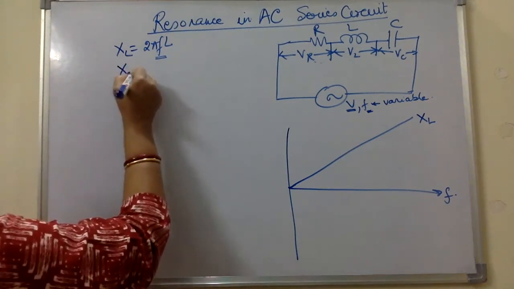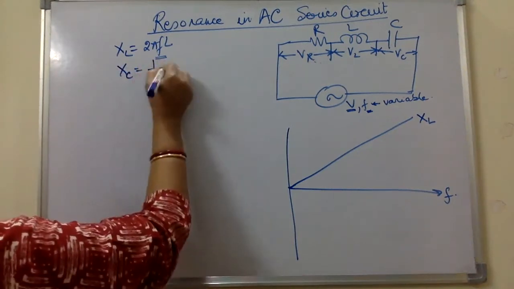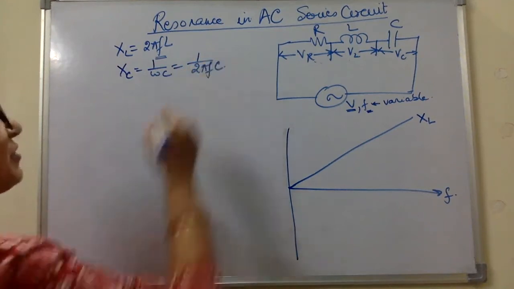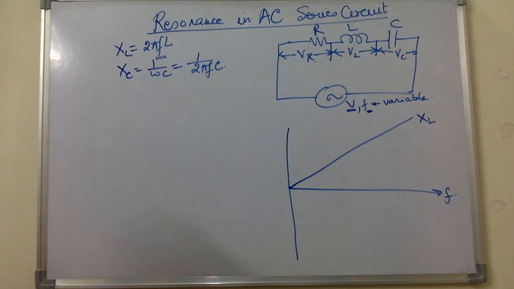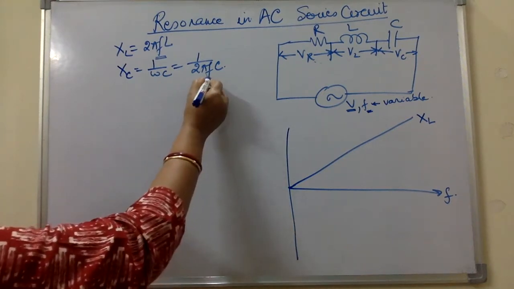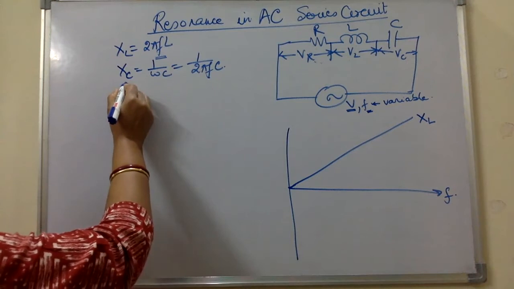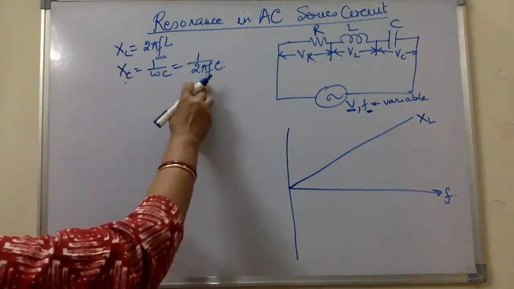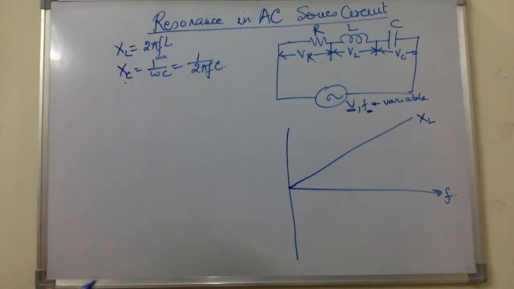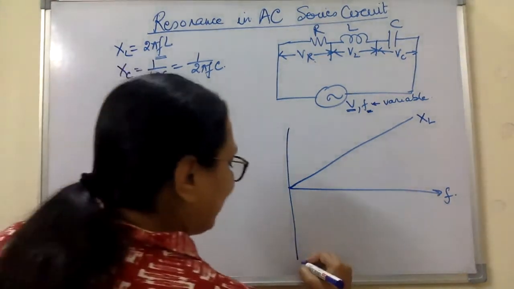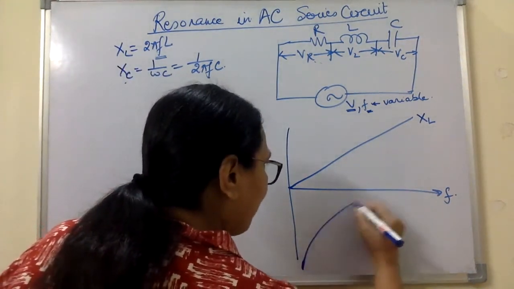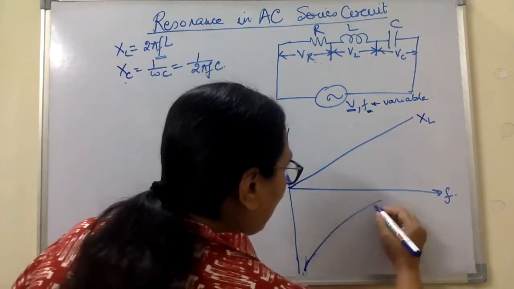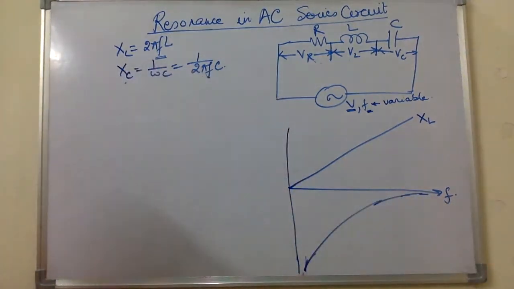But what about the capacitive reactance? The capacitive reactance is given by 1 by omega C, that is 1 by 2 pi FC. This means that when the frequency is 0, the capacitive reactance is infinite, and as you go on increasing the frequency, the value of the capacitive reactance reduces. Now, before we proceed, we take the variation of the capacitive reactance on the negative side, because the two